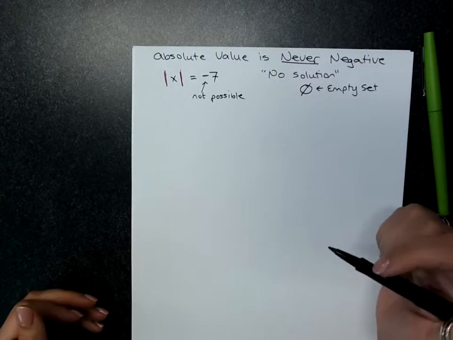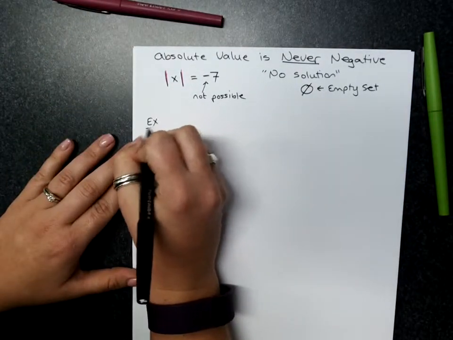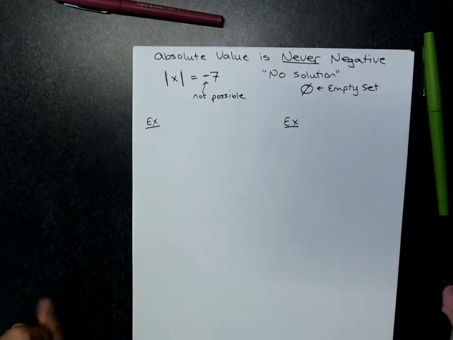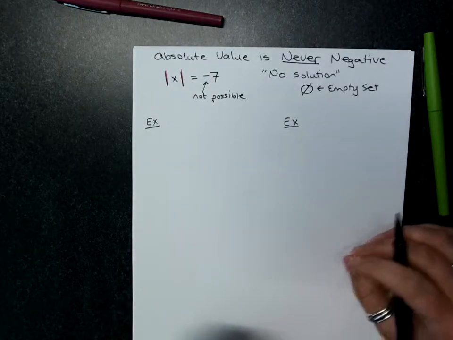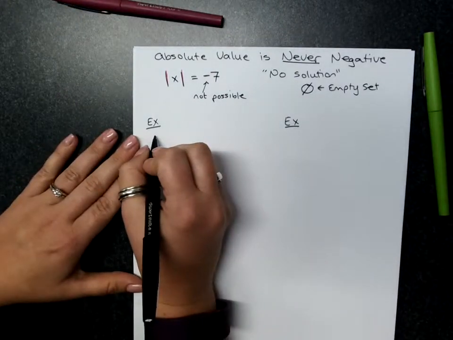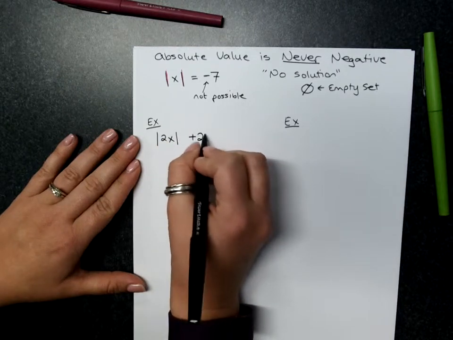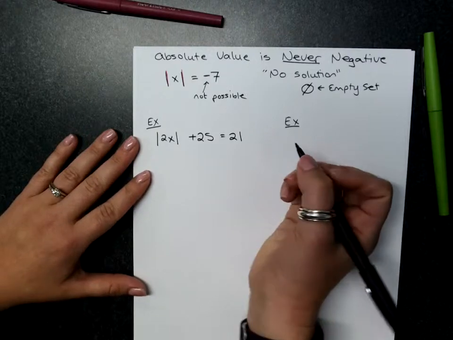Empty set, no solution. So let me just show you a couple quick examples of that, just in case. I think there's 1 or 2 on the homework that you'll run into where the absolute value equals a negative and you just stop. So if I have the absolute value of 2x plus 25 equals 21, or if I